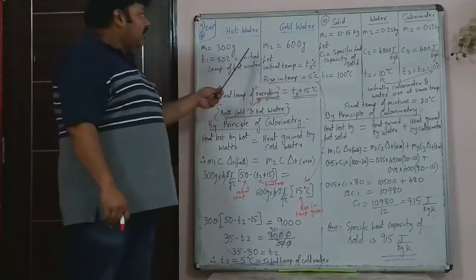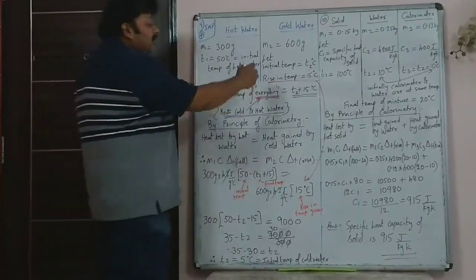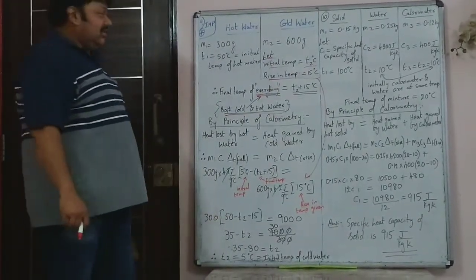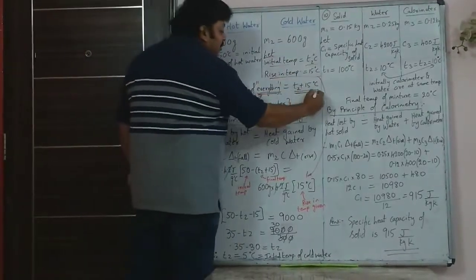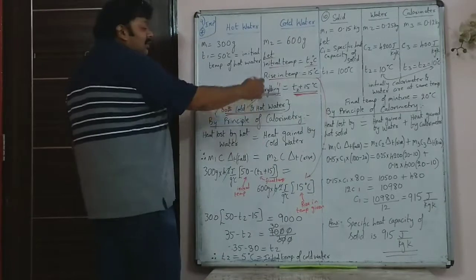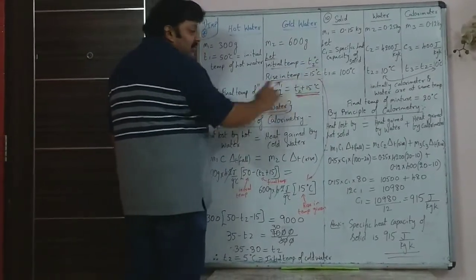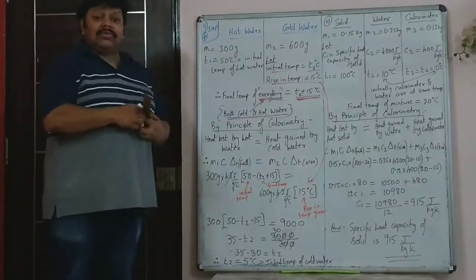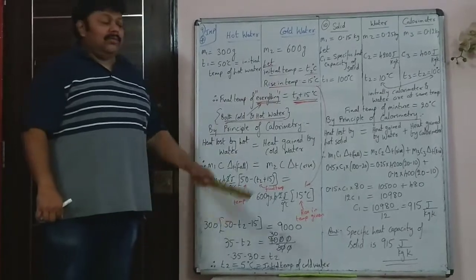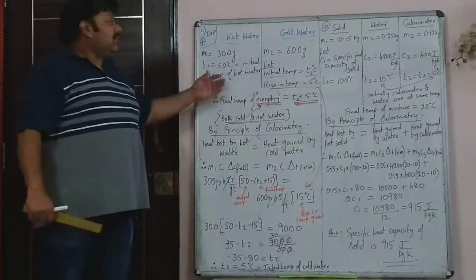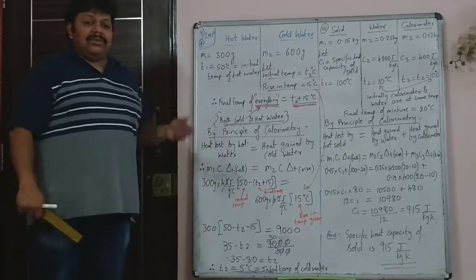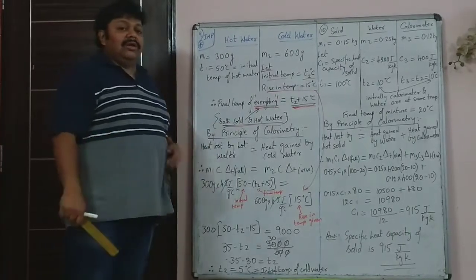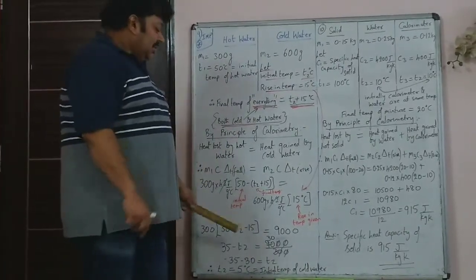So the initial temperature of cold water was what was asked, and that is what we had taken as T2. So that T2 is 5 degrees Celsius. Here, because there is a rise in temperature, the main thing you have to understand is that everything will reach T2 plus 15 as the final temperature, both cold water and hot water. Many times students think, acha, cold water's final temperature is T2 plus 15, so what is the final temperature of hot water? And in this chapter, in thermal equilibrium, all substances which are mixed or in contact should attain the same final temperature. So that's how you do the ninth sum.